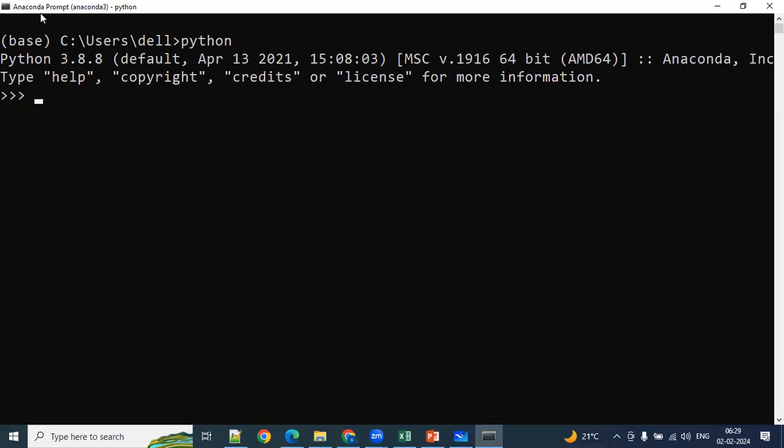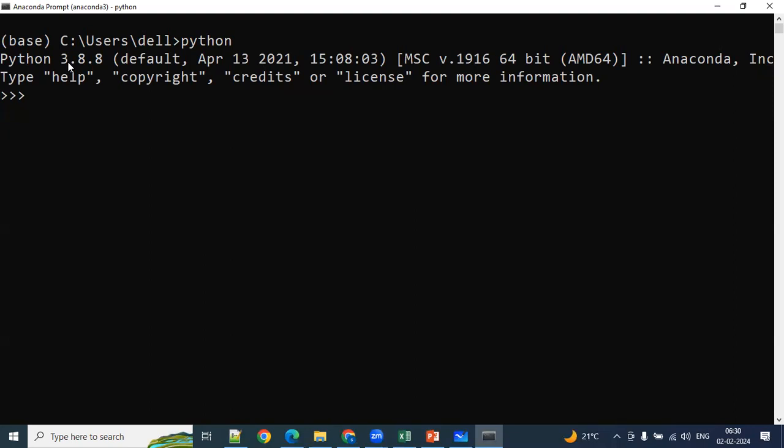That is the reason I'm asking you to install Anaconda. I'll give you this software. Don't install the latest edition of Anaconda. Install the Anaconda distribution with Python 3.8. This is the stable version. I'll give you the software, so don't try to download it from the internet and install it.